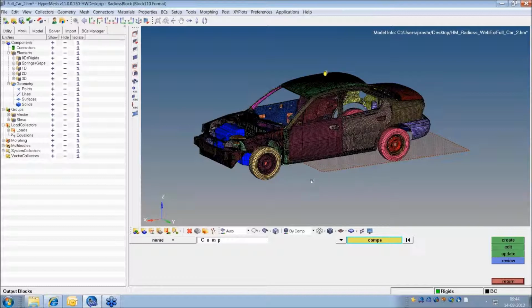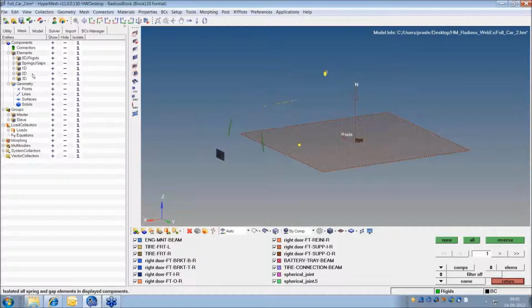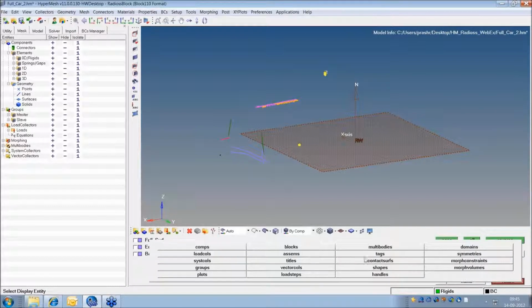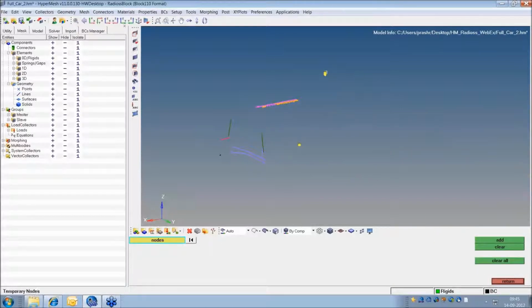So now the next activity is, I'll again go display all, and I will isolate only springs, and I will add only elements as well. I'll just switch off this rigid wall and the contact surface that you're seeing here. So display contact surfaces none, display groups none, and I clear off these temp nodes as well.